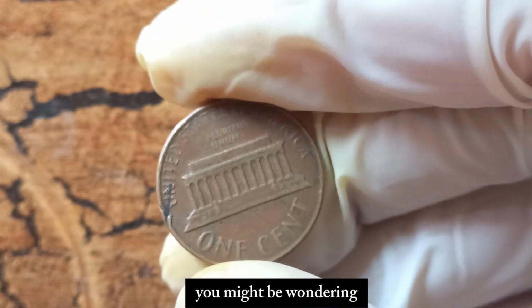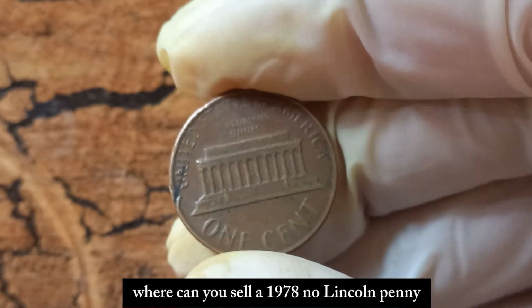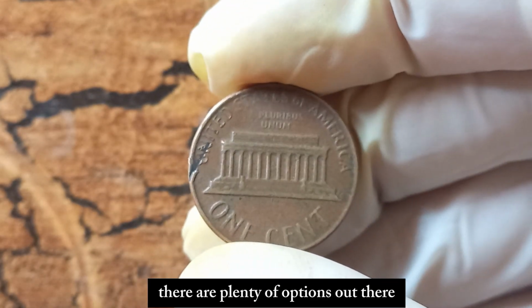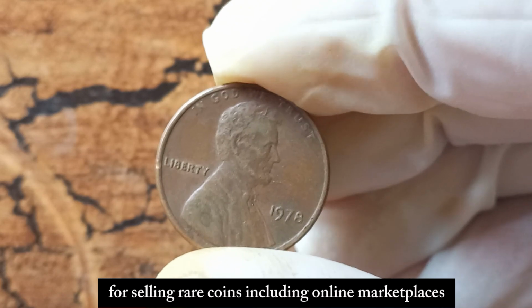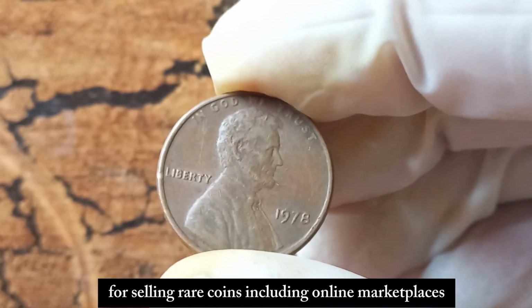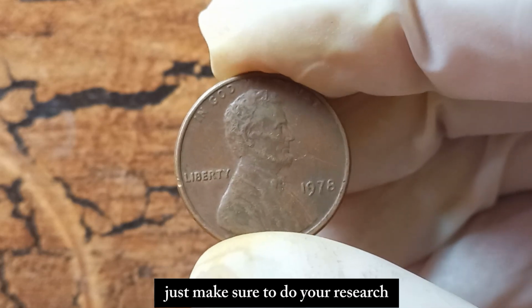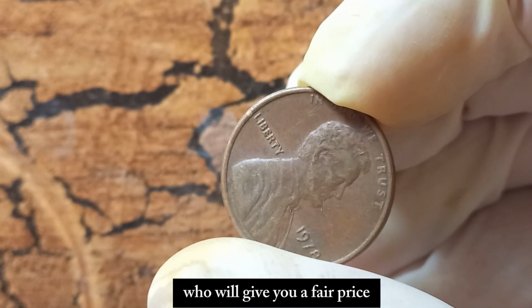Now, you might be wondering, where can you sell a 1978 No Lincoln penny if you decide to cash in on its value? There are plenty of options out there for selling rare coins, including online marketplaces, coin dealers, and auctions. Just make sure to do your research and find a reputable buyer who will give you a fair price